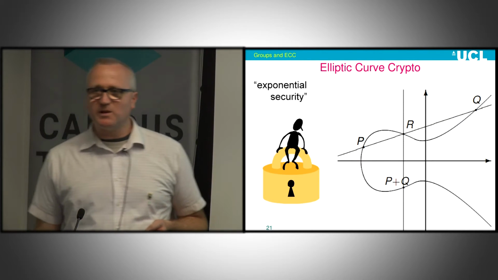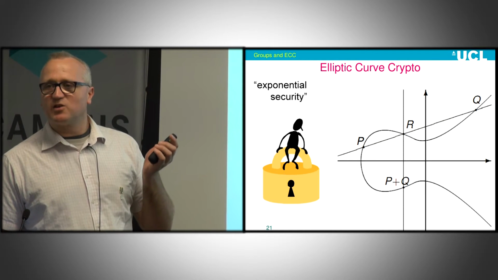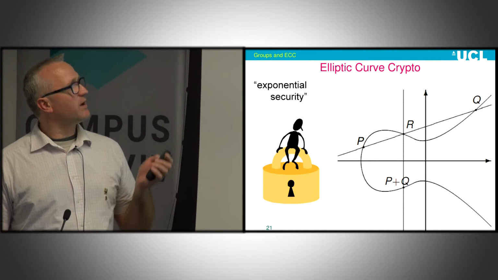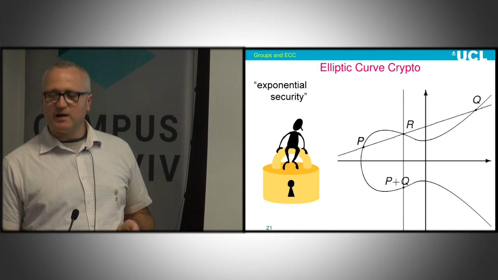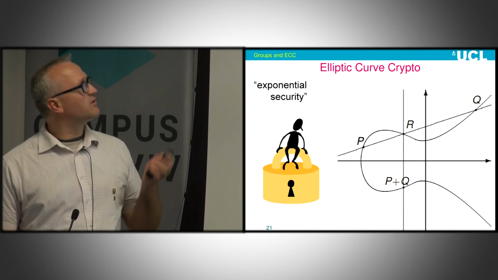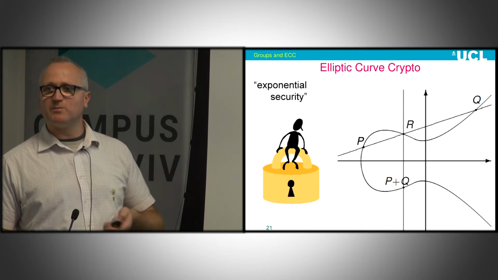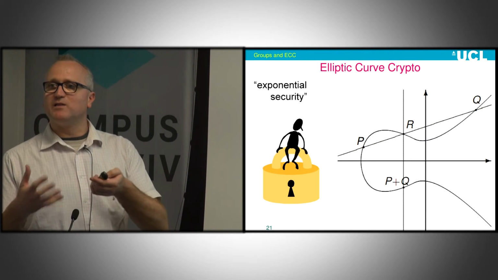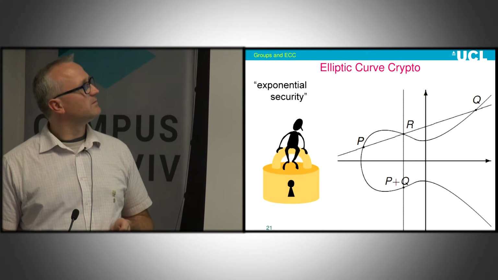One of the families of crypto systems that we all know are elliptic curves. Elliptic curves achieve exponential security. This is why we use elliptic curves rather than RSA, because the security is a lot better. They do have this exponential growth. It is very, very important. It makes them scalable. You can build something which will be secure in 10, 20, 50 years. You can hope to achieve that.